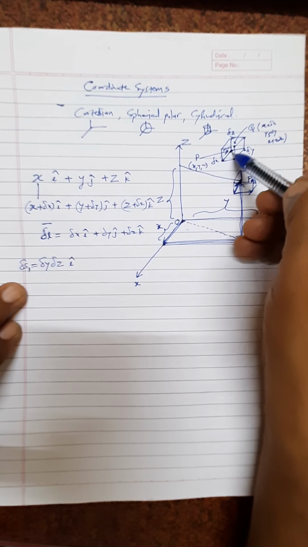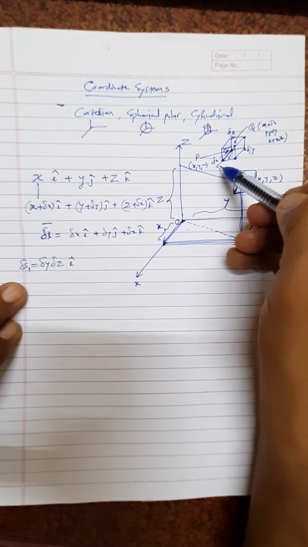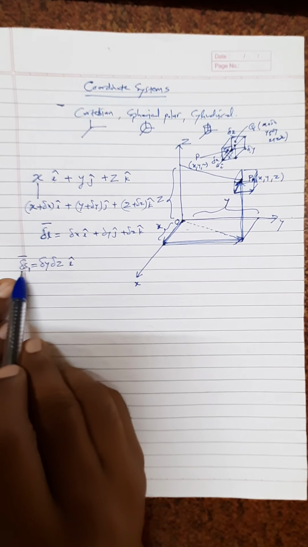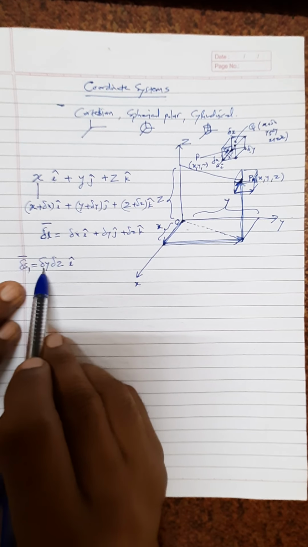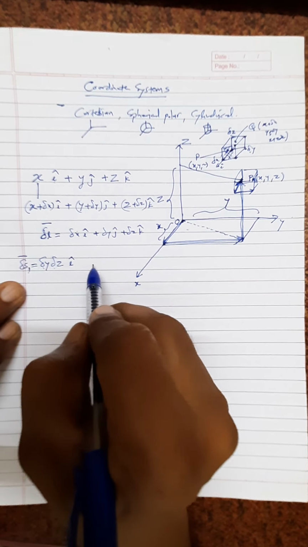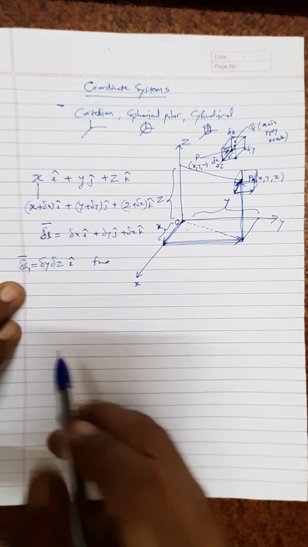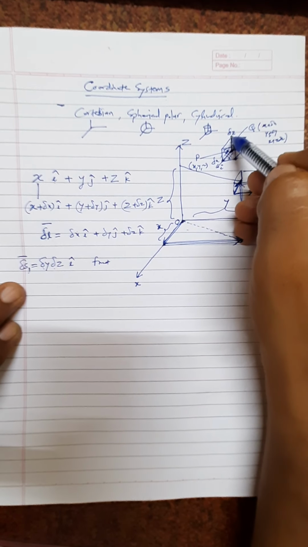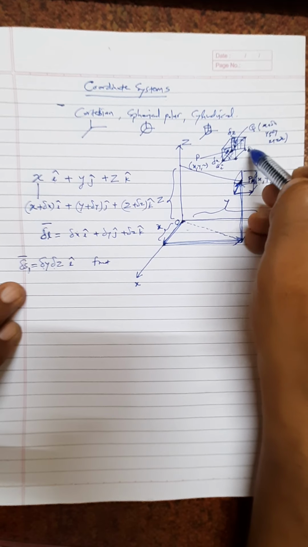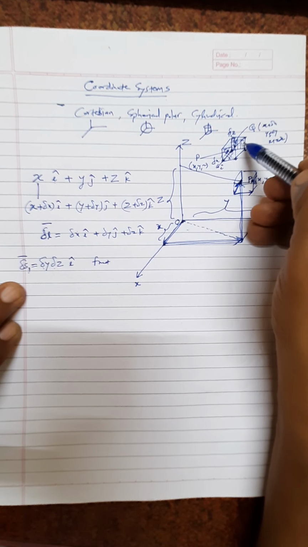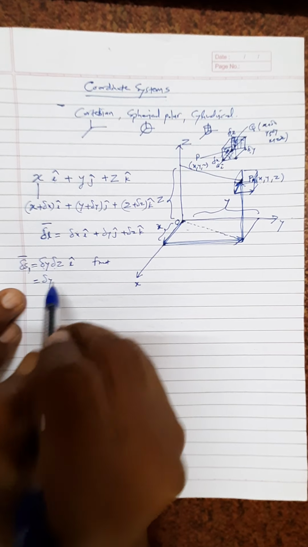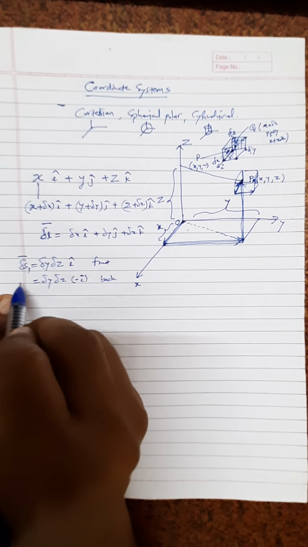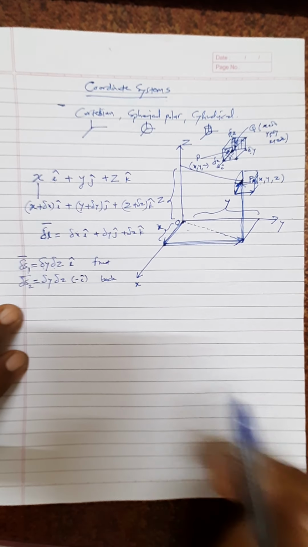Remember that this is the front surface, which is along the x axis, that is i cap, and hence I can write the first surface element delta s1, which will be delta y delta z along i axis. I will write this is the front surface. If I consider the back surface, then the surface area is the product of again delta y and delta z, but to represent that it is a back surface, you will have to think about the direction of that surface to be minus i cap. Therefore this is the back surface, delta s2 bar, the second surface element in Cartesian coordinate system.